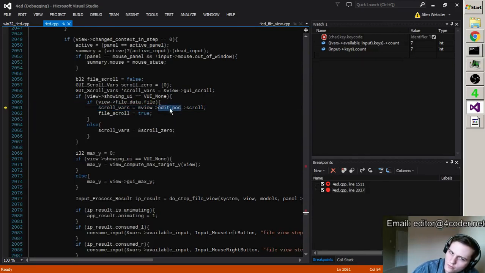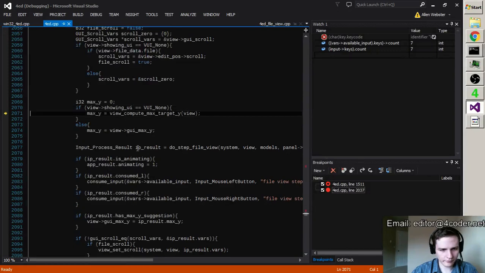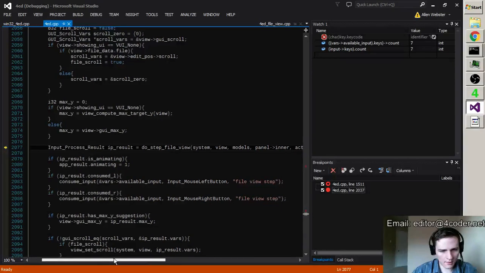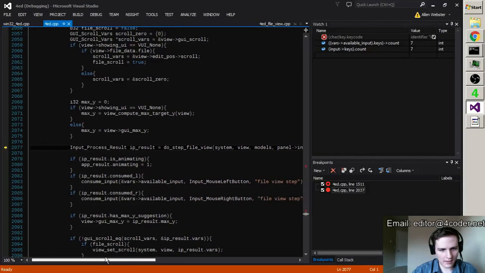I should really get down to one edit position again, because that's not even working correctly anyway. It's all messed up. File scroll. Okay. So we're doing that one. Fine. Lame, but fine.